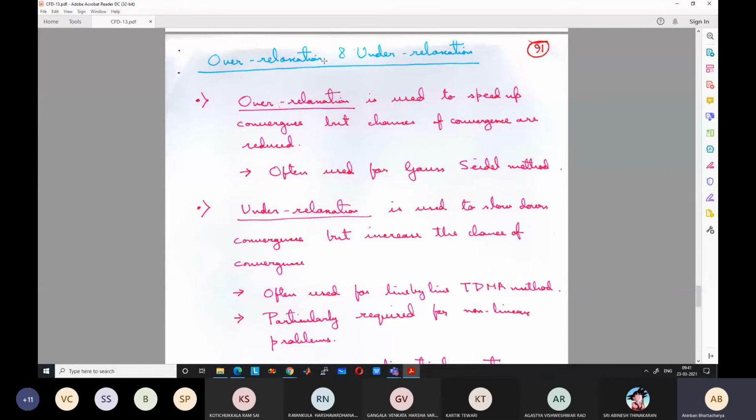So instead of going fully towards the value predicted by the solution in one time step, we go partly towards that value. Say after a calculation, we have the initial temperature at a point as 100 degrees centigrade, and in the next time step after calculation it leads to 200 degrees centigrade. Instead of taking that 200 degrees centigrade value, we can assume that we are taking a relaxation factor of 0.6.